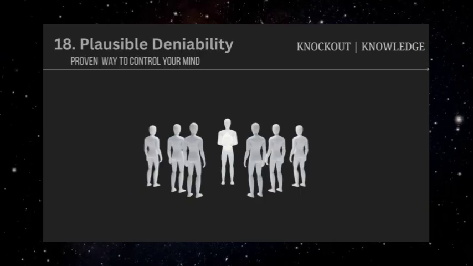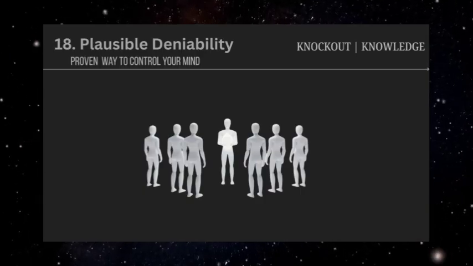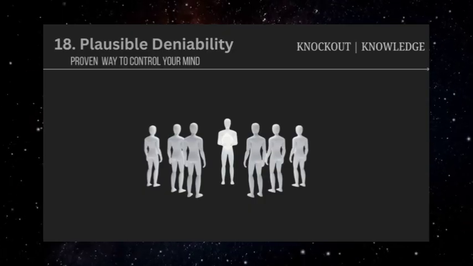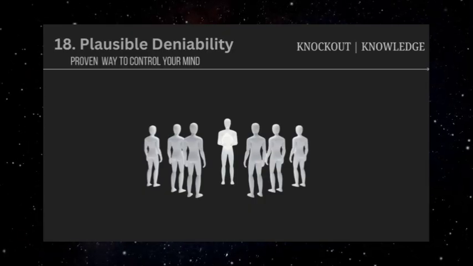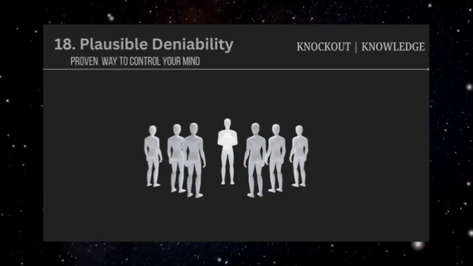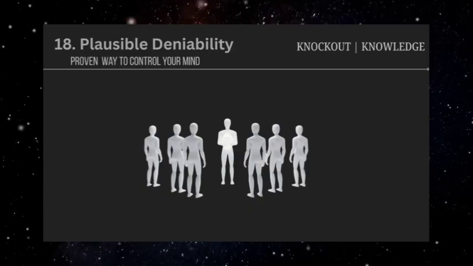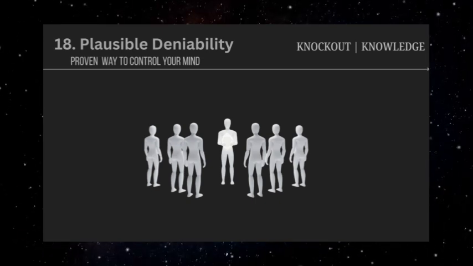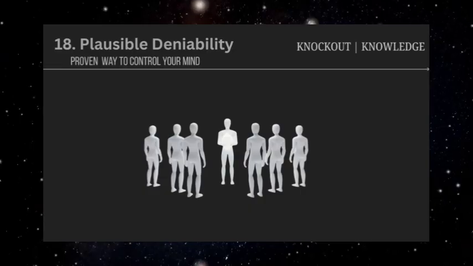Comments about someone's appearance, capabilities, or background are carefully crafted to sound professional or even supportive while carrying undermining messages. If challenged, the perpetrator can claim they were being helpful, giving feedback, or simply making observations. Digital communication makes plausible deniability easier because tone and intent are harder to prove in text messages, emails, or social